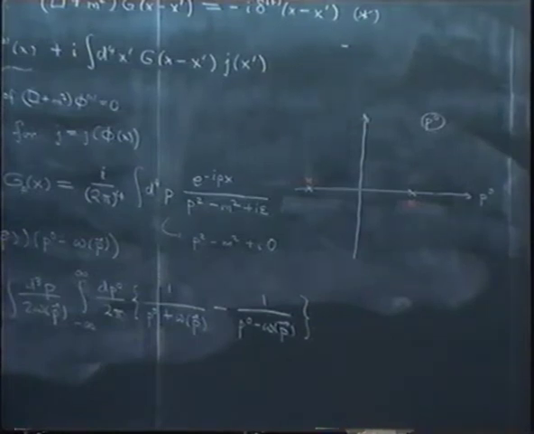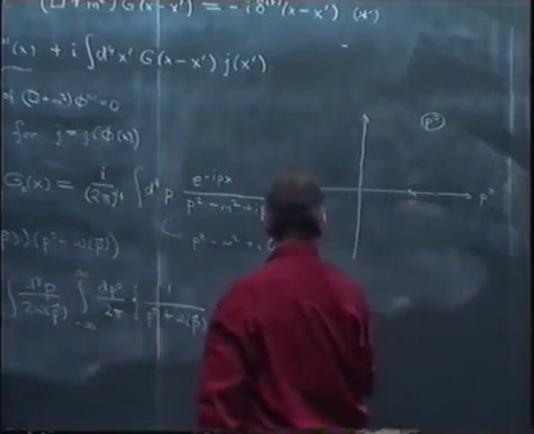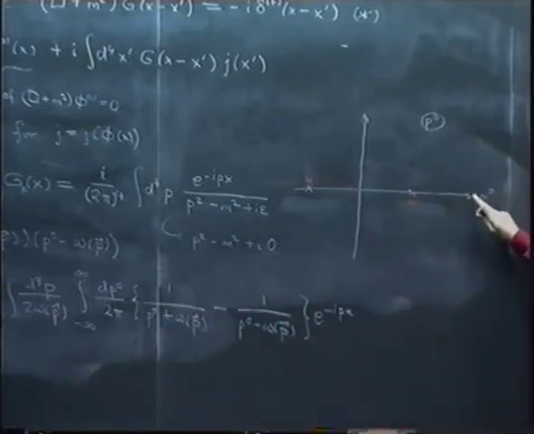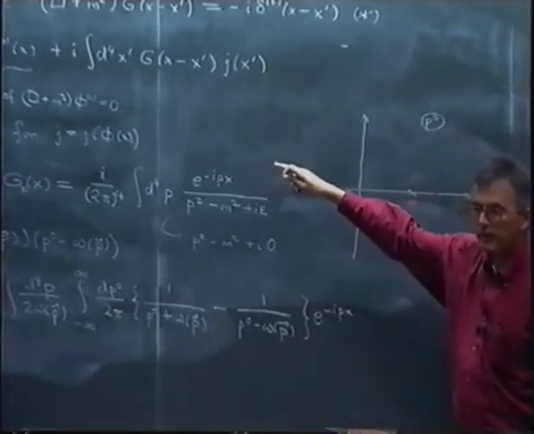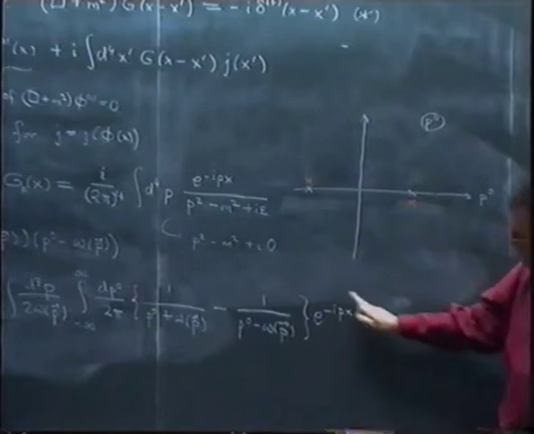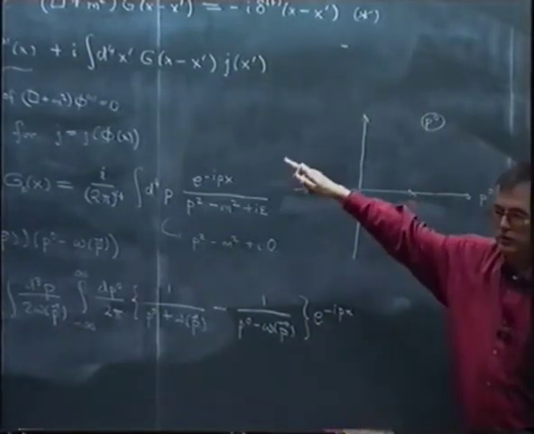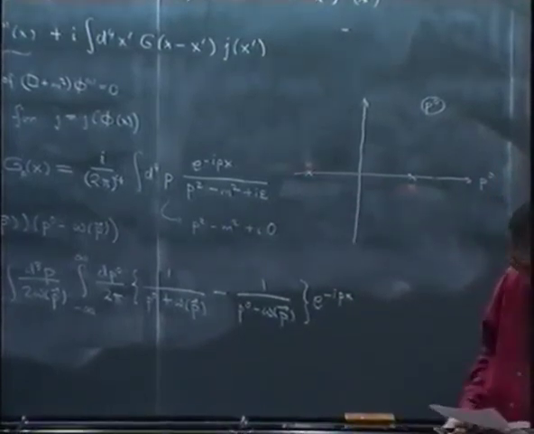And by doing this, then, oops, I forgot a factor here. You can then calculate the integral by closing the integration contour either in the upper half plane or in the lower half plane. Which one you pick, of course, depends on this factor here. You have to close it in that direction where you have an exponential damping of this factor. And when you do this,